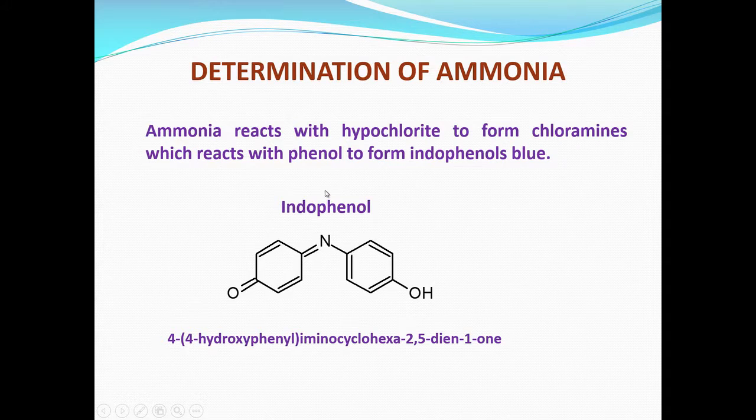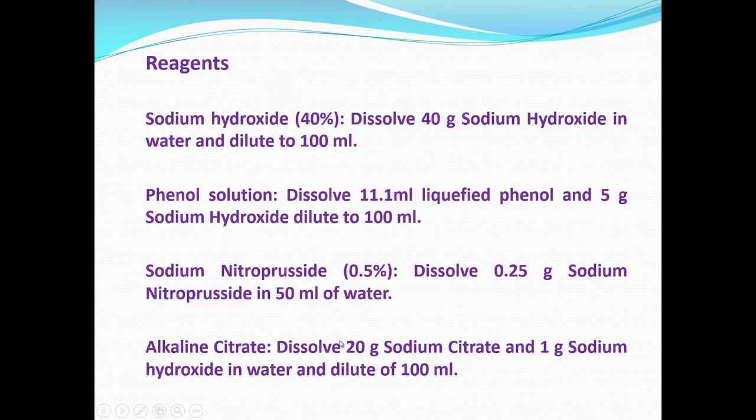And what I would like to tell you is this reaction with indophenol: ammonia reacts with hypochlorite to form chloramines, which react with phenol to form indophenol blue. So, this is the structure of indophenol, that is with a ketone group and nitrogen, and then there is an OH group. This is technically 4-(4-hydroxyphenylamino)cyclohexa-2,5-dien-1-one. Okay. So, the reagents required for this are